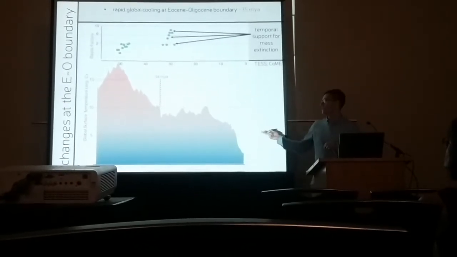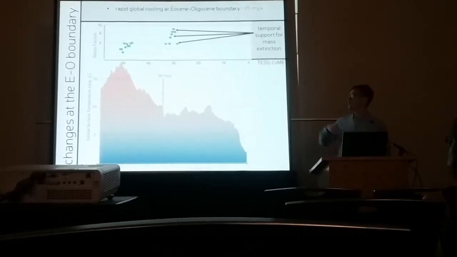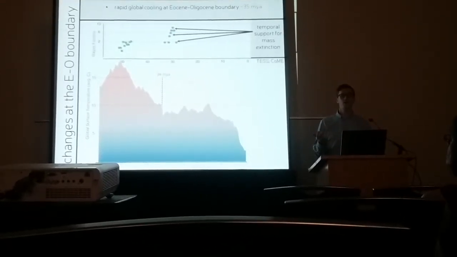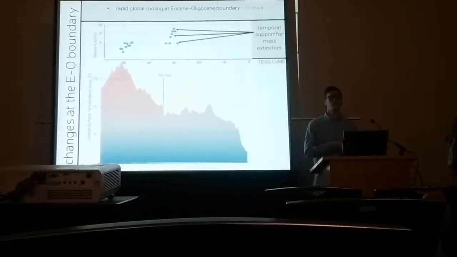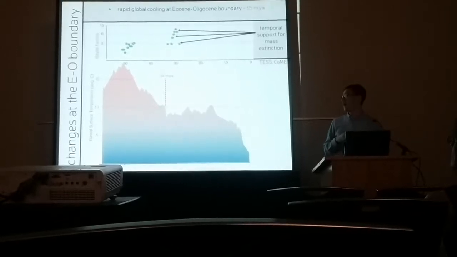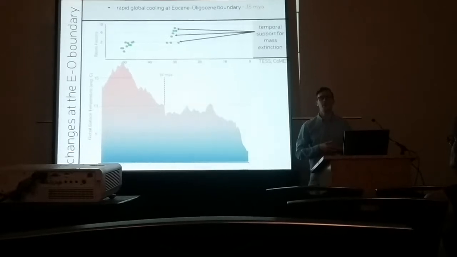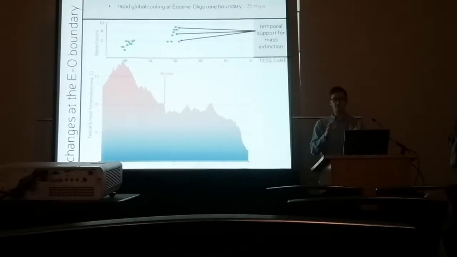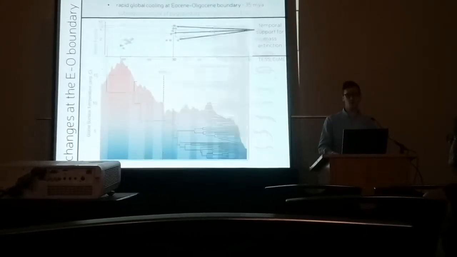And this coincides with a change in global temperature that's shown as a histogram on the bottom of the slide. About 35 million years or so ago, at the Eocene-Oligocene boundary, Australia separated from Antarctica, which created the circumpolar current and a massive, really rapid drop in global temperature. This appears coincident with a really big turnover and switch in the group, where a lot of lineages appear to have disappeared. This gives some evidence that there has been some really strong heterogeneity along the branches of the tree.